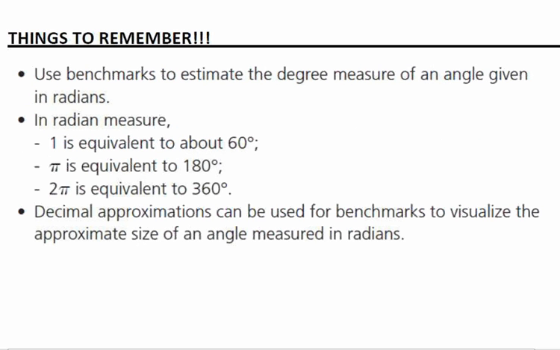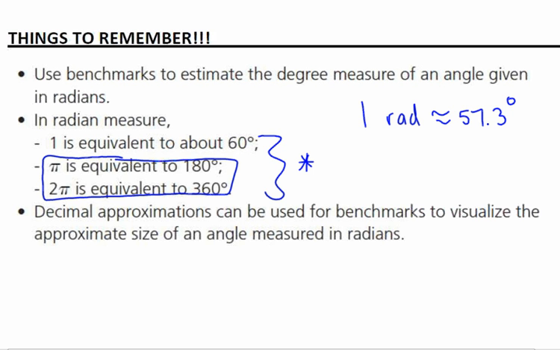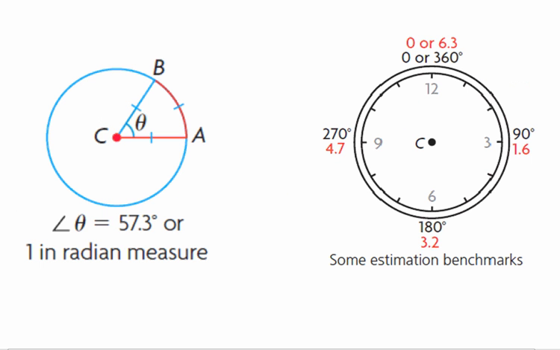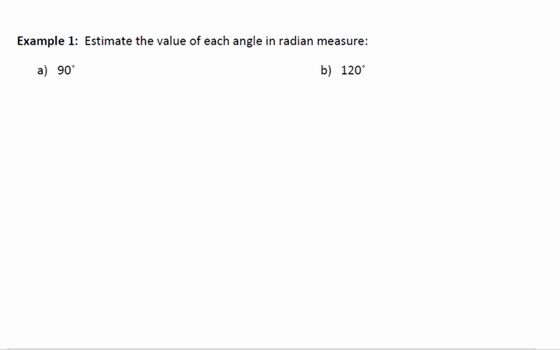So benchmarks: you should know that 1 radian is equal to approximately 57.3 degrees. That's what we're going to use to estimate how many radians there are in something. We know that pi is equivalent to 180 and 2 pi is equivalent to 360. We're going to start with estimation, and then we're going to work with actually converting degrees to radians today. If I want to estimate how many radians 90 degrees is,